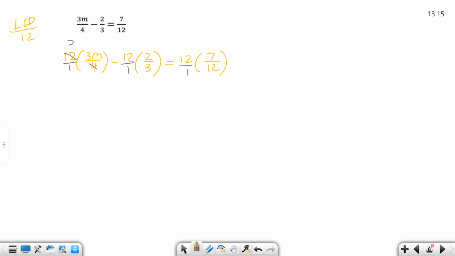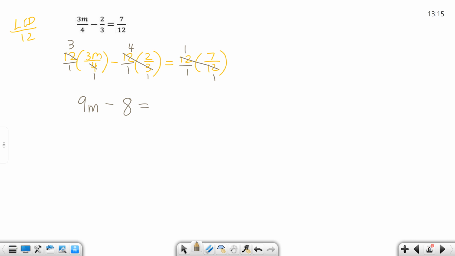12 over 4 becomes what? 3 over 1, right? So if everything down here is a 1, you don't have a fraction anymore. That's the whole point, okay? So then 3 times 3m up here, what is that going to be? That's 9m. Don't get confused and add those. That's 9m. And then a negative times positive is negative, right? So I got a minus. 12 over 3 becomes a 4, right? 4. And that's a 1. So again, that's nothing down there. No denominator left. 4 times 2 is what? 8. So 9m minus 8 equals,